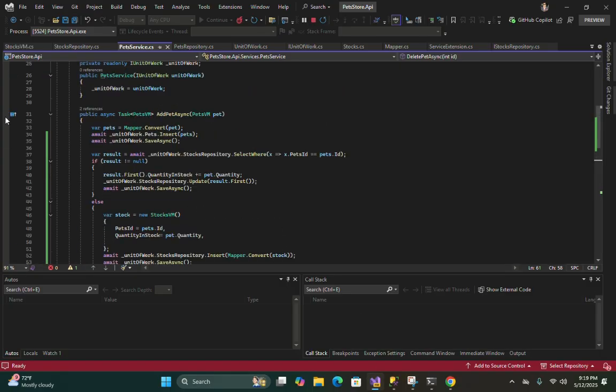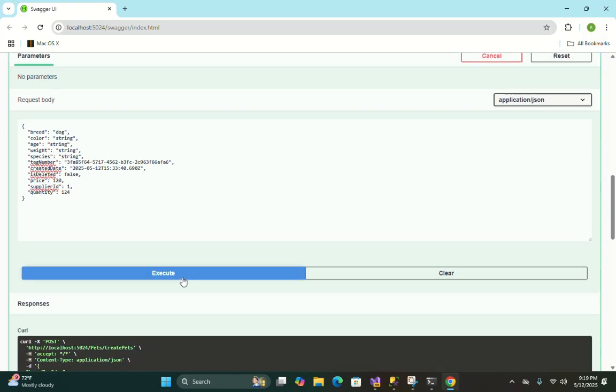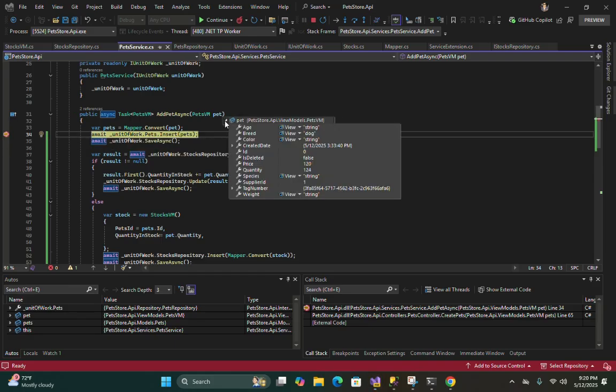Okay, let's add the debugger here. Alright, now you will learn how to use the debugger in our project. Okay, let's hit the function again. Alright, now we are in the debugger, right? We get the pets model, right?